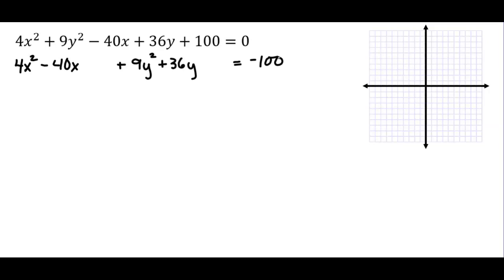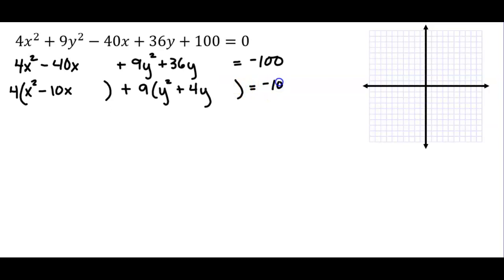Okay, so what we're going to do is factor out 4 from the two x terms, the terms that have x in it, and that gives us x squared minus 10x, but still leave a little bit of space there, because we're going to have to complete the square on this. And then for the y terms, we're going to take out the 9, and we'll have y squared plus 4y. Again, leaving a little bit of space because we're going to complete the square. That's partly why these numbers get so large. Okay, so that's kind of the setup.